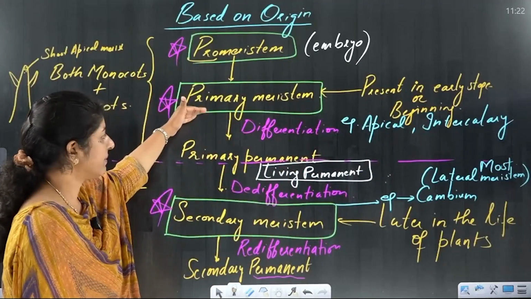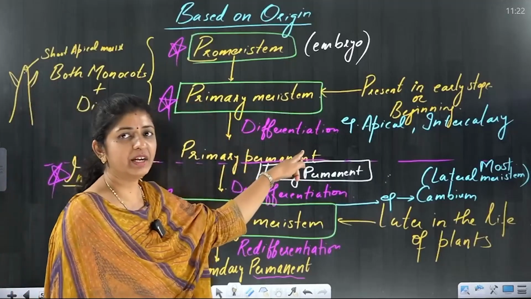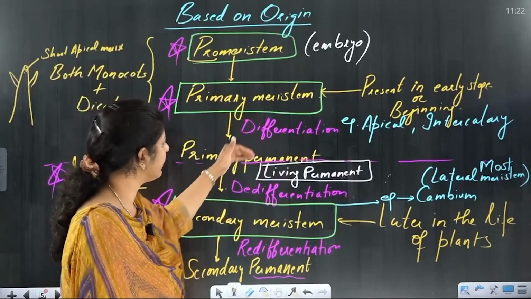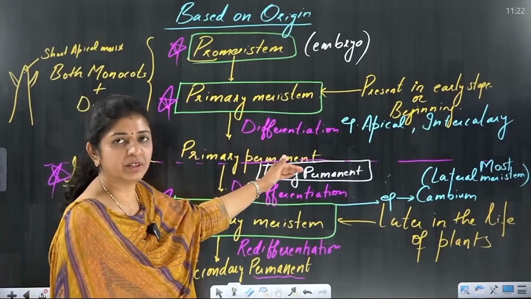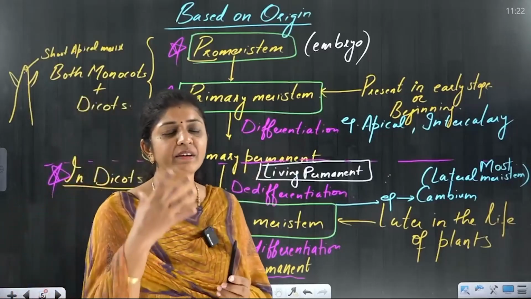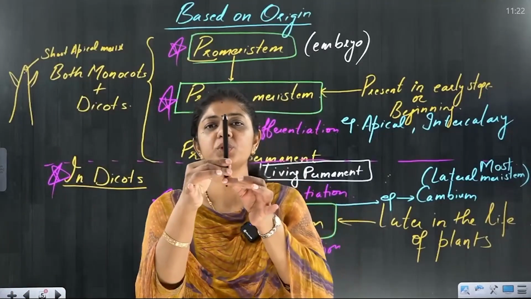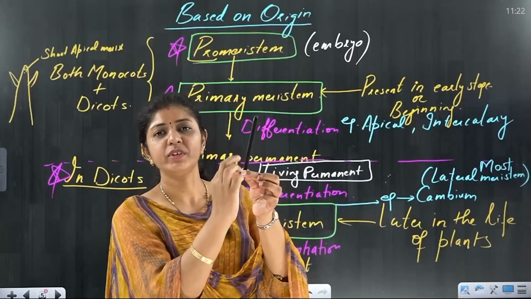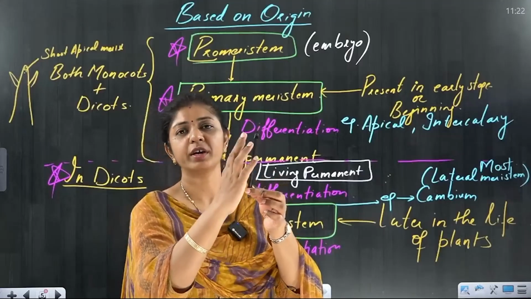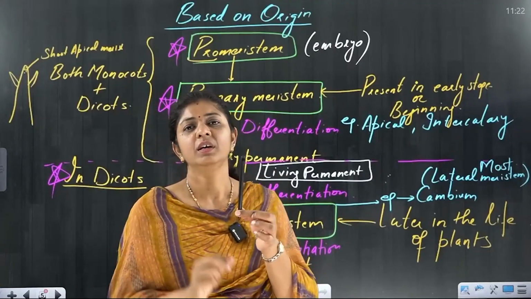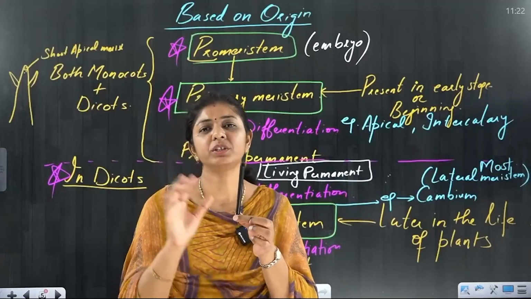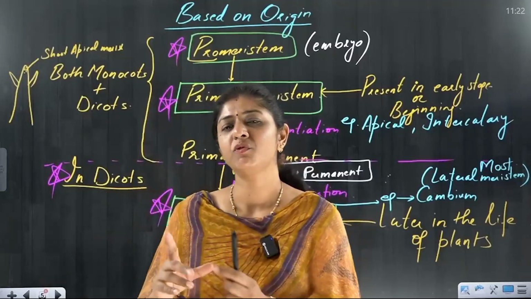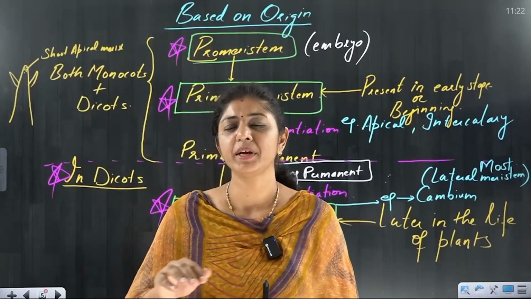But that primary meristem actually undergoes specialization. Some of that, not all, some of that will stop dividing and it will become primary permanent. Now they stop dividing and are given some specialized function to perform. Like in roots we have discussed now, at the tip we are having the region of meristem. Then few of the cells will convert for elongation. That elongation now turns into the region of maturation, which is having root hairs, where the main function is absorption, right?